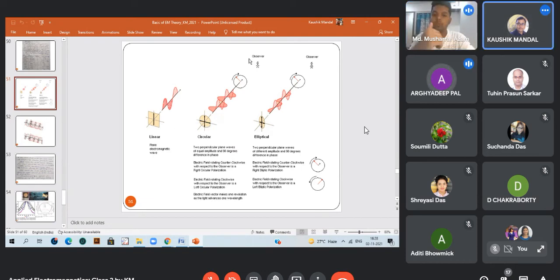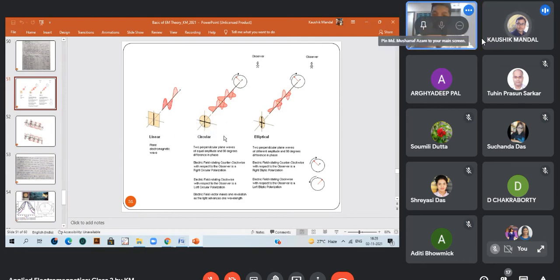Sir, I think he's confusing between electric field and magnetic field. He is saying the thumb rule, curl of E and H will give the direction of S. All I'm saying is the terminology that the person Tuhin Prasoon Sarkar questioned, why this RHCP and LHCP has been used. I have read somewhere, that's what I was trying to explain, but it's okay.